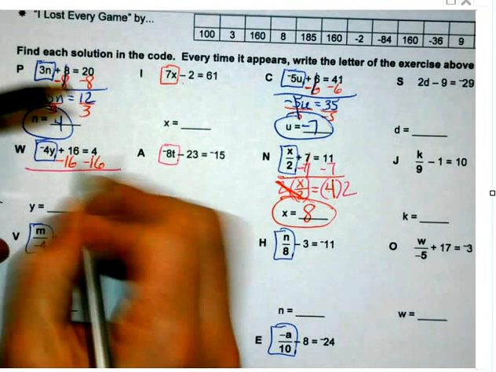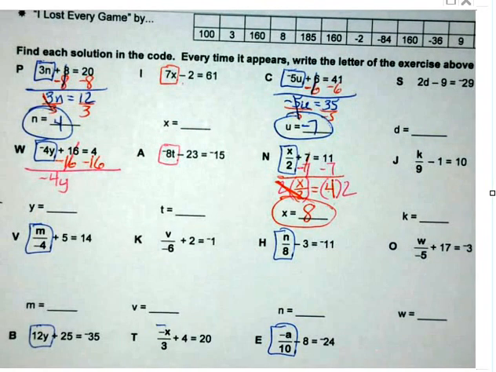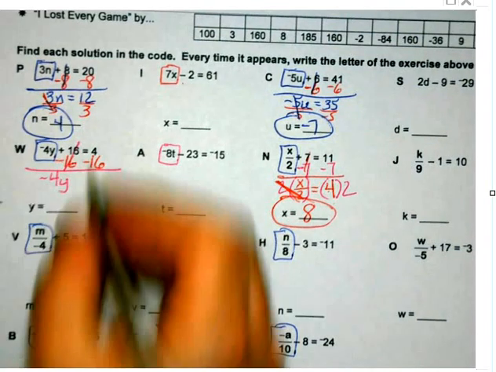Here's where you've got to be careful though. I've got to remember to keep that negative with my 4y. Yeah, it's one of those things where you've really got to take your time and just kind of work through. Now again, if the whole positive negative thing gets to you, so like here you're like 4 minus 16 and the first thing that comes to your head is like positive 12 or something like that. Go to the calculator if you have to. But 4 minus